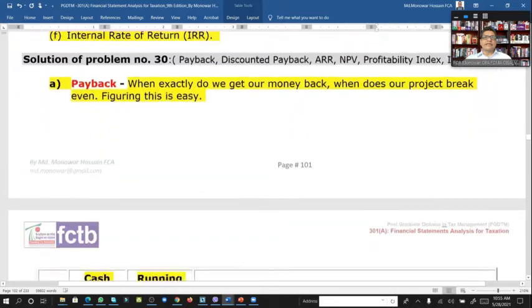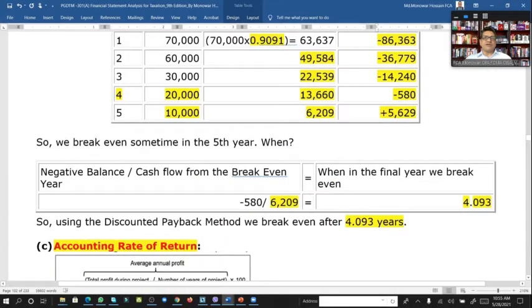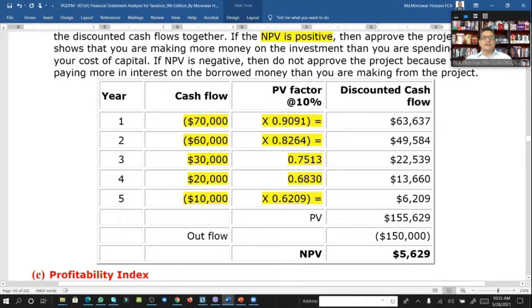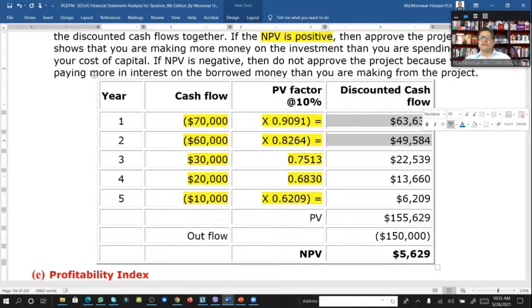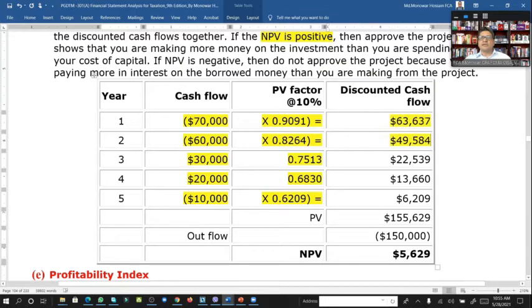If we multiply 70,000 by 0.931, we get this discounted cash flow. Same way for the second year, and in year 3, if we multiply 30,000 by the PV factor 0.7513,